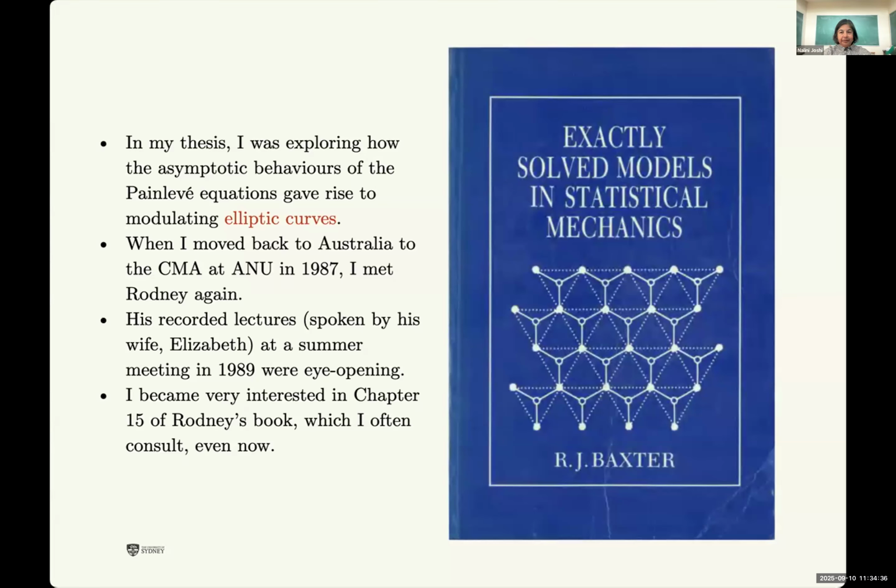And I think it was Peter Forrester who said that he looked at, was it chapter 13 on corner transfer matrices, quite often? Well, the one I look at very often is chapter 15, and I still find myself reaching for that book, even now, so many years later. So what was it that struck me? Well,